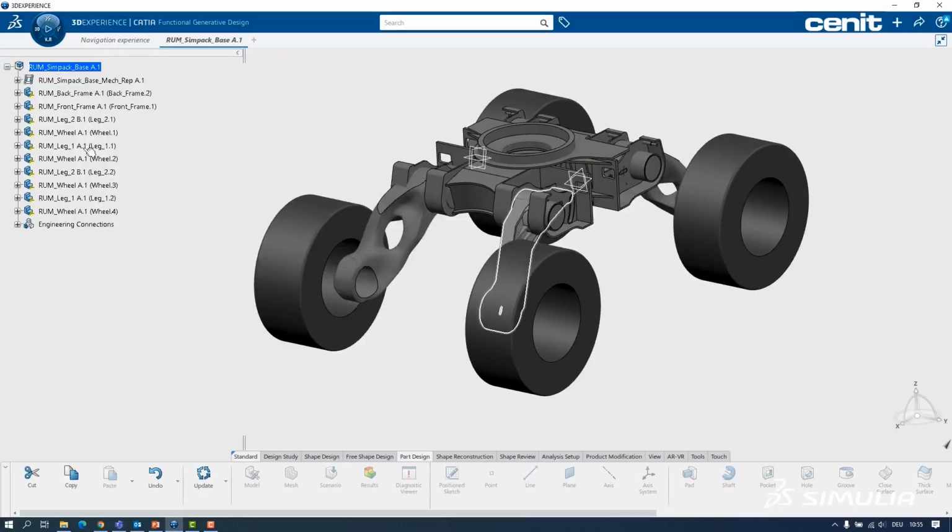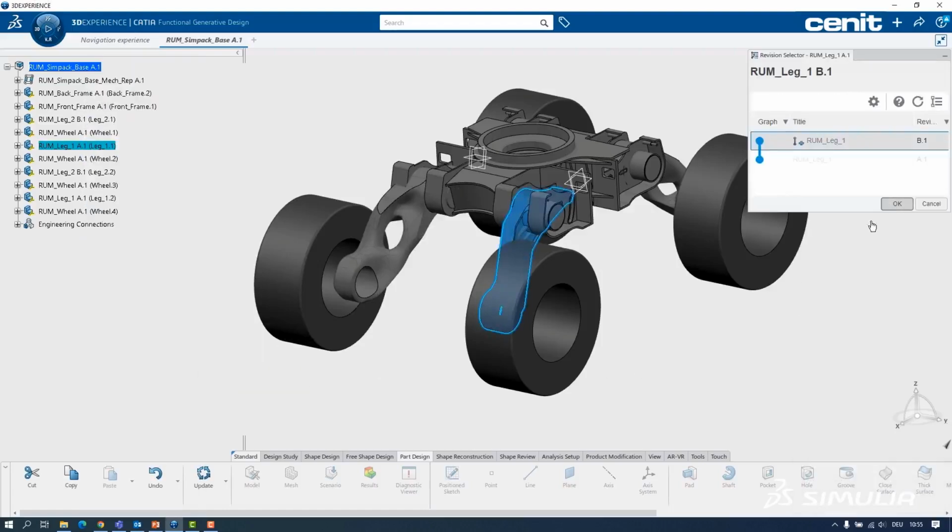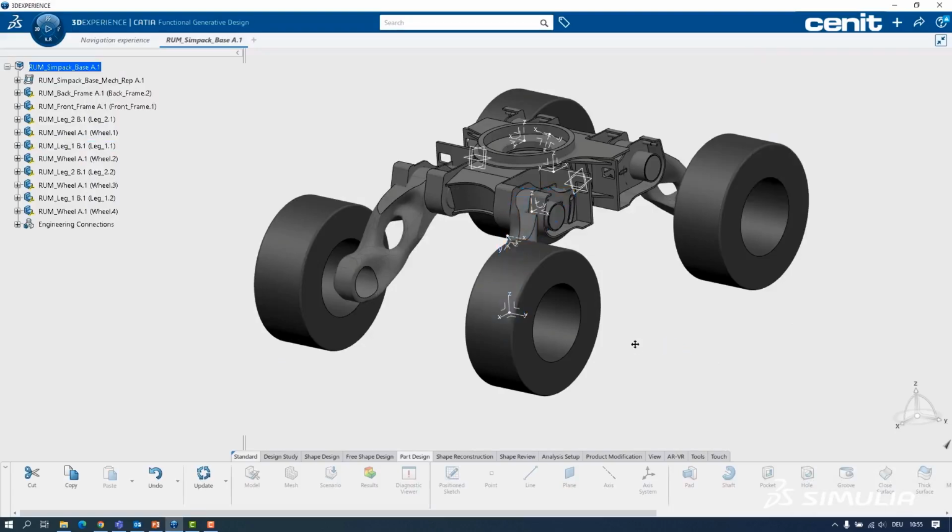So if something changed, me as a simulation engineer, I need to know it. And if I work on the same databases in a data-driven process, then I can make sure that the data I'm working on is always the recent one, the newest